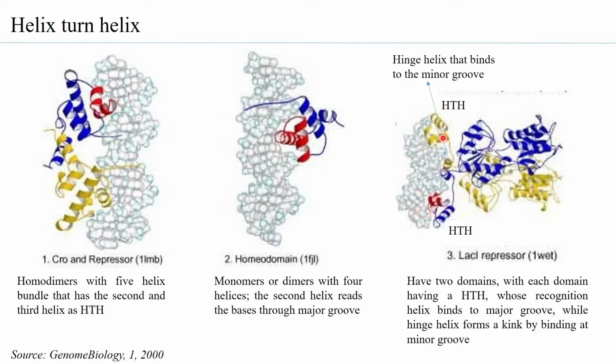the DNA. And the helix turn helix, the recognition helix, is able to interact better with the major groove, and therefore the interaction of the LAC repressor to the operator region is consolidated. And you can see the other monomer also has a recognition helix, binding over here. So you basically have one half site over here and the other half site over here, and these two half sites are actually separated by just 2 to 3 nucleotides. And at the minor groove region over here, it is the hinge helix that comes and forms a kink.